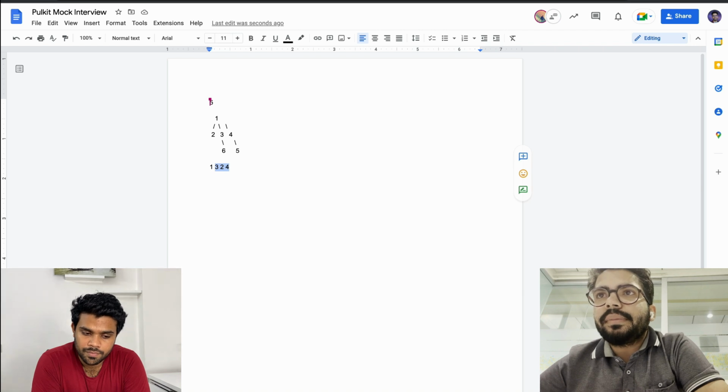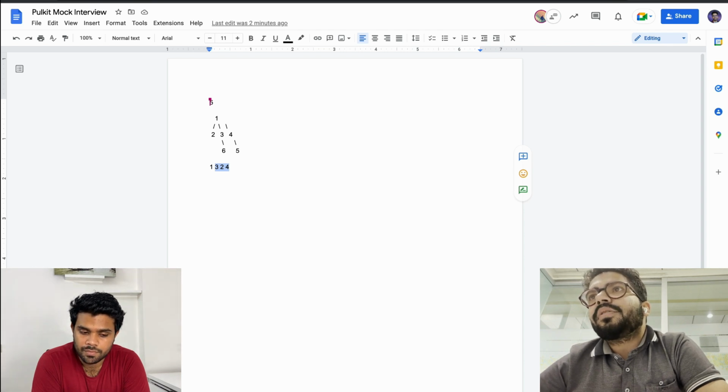I'm thinking in a manner that at each stage, how many options can one have? So not exactly n, I think n factorial, because if a node has n children, for example, the maximum number of children can be n.